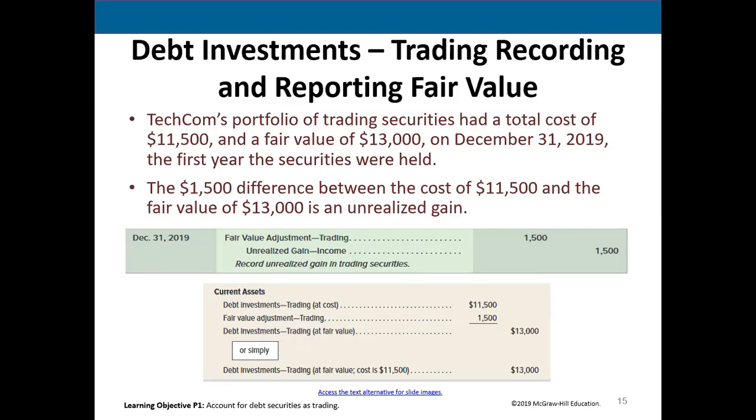And we credit it. Now, a gain is like a revenue account. Okay, so we could have called this unrealized revenue. It's just that we use the word gain to describe things like selling an investment at more than what we paid for it, reporting an investment at more than what we paid for it. We don't debit the debt investment account directly. We don't go to that account and increase it.